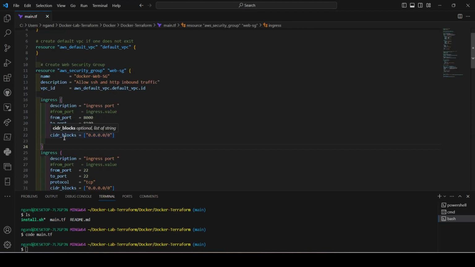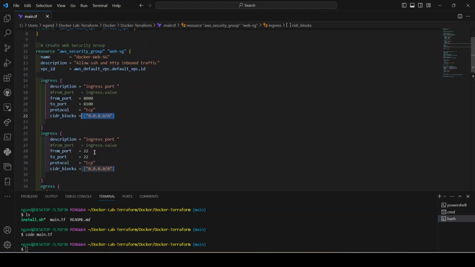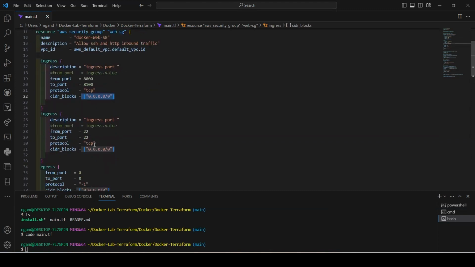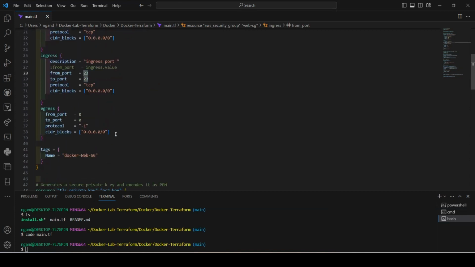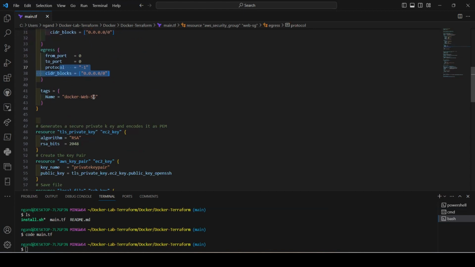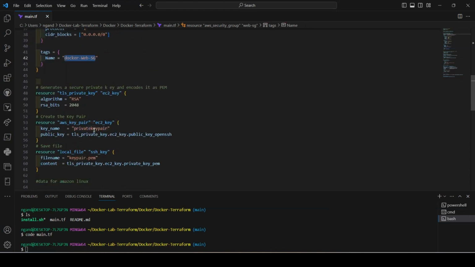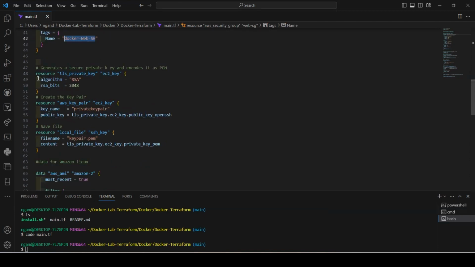The protocol here is TCP, and the CIDR block is open everywhere. So that's the ingress. We also have SSH here, open on port 22, and then the egress is open to everywhere. You have a tag here. You can put any name you want for the tag name, and that's it. And then we have here the